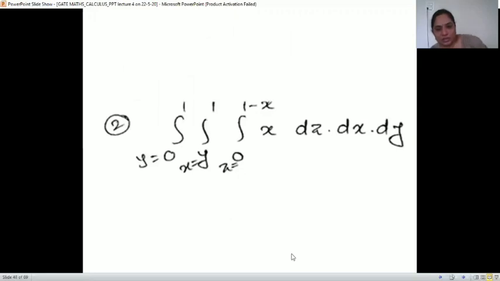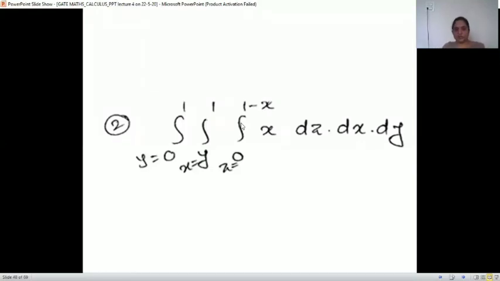Solve this and tell me the answer. As it is again given to you which are the limits, we'll see the middle first. As there is y, so these are limits of x, a function of y, so limit of x, and then as these are x, the constants are y. X, y fixed, so remaining is z.